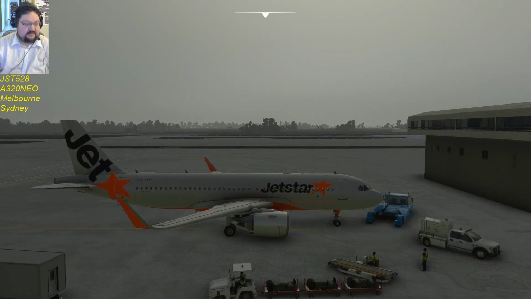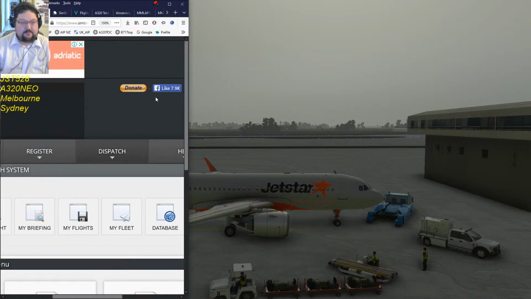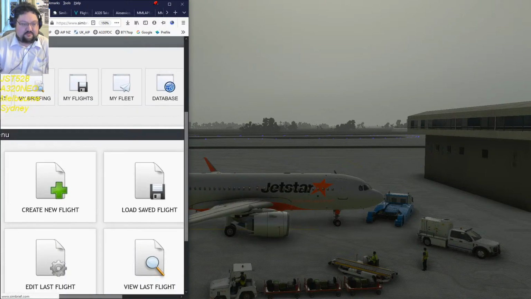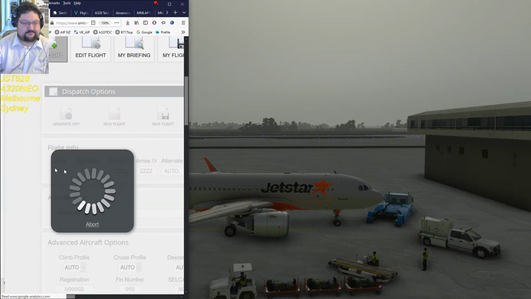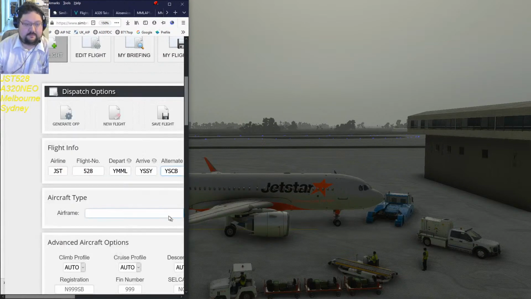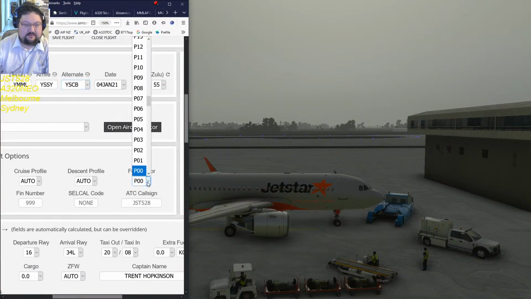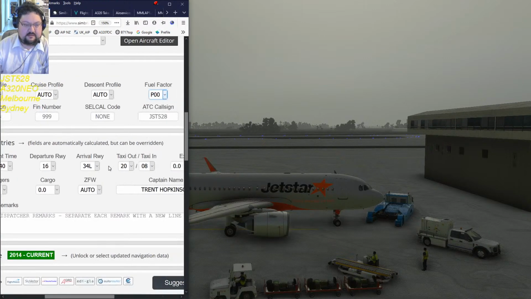Before we jump in, we have a few things to take care of. One of those things is our flight plan. We have a SimBrief import system on this aircraft, so we're going to create a new flight in SimBrief. We're going to go to JST 528 out of Melbourne, go to Sydney. Canberra's the alternate. We're going to have, let's see, 45 minutes of taxi outfield,